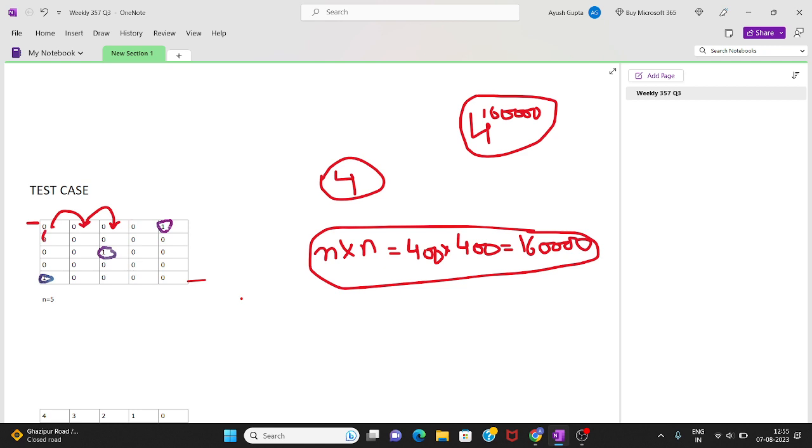First we go here, then from here, then up, then there, then this way we can have this many paths. So this obviously crosses our time limit and it is not a feasible solution. So the brute force solution won't work.